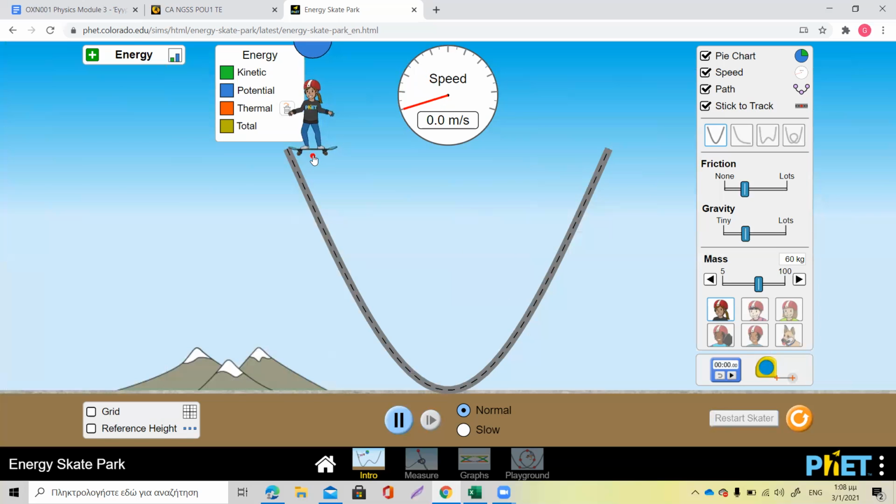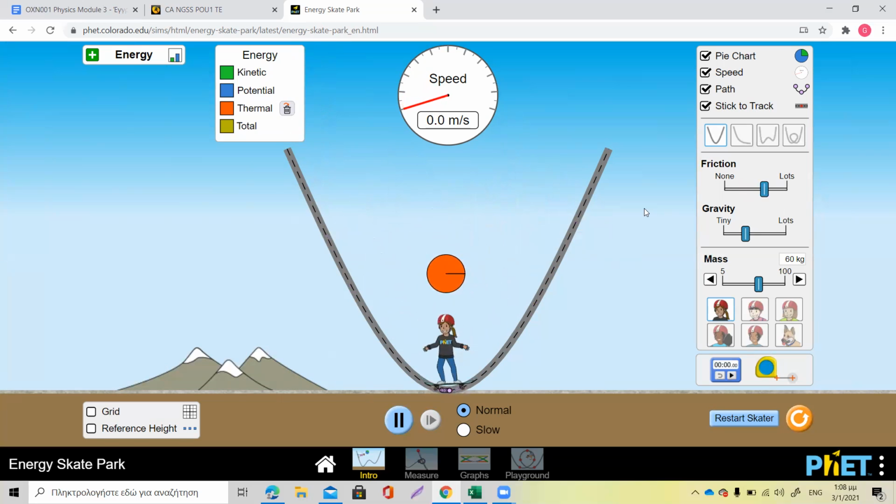We take the skater, and you can see that now, after a while, you can see the thermal energy with the orange or red color. You can see that after a while, the skater will come to a stop. I think it's obvious, but all the initial mechanical energy will finally be converted into thermal. You can see she's going to stop in a while,